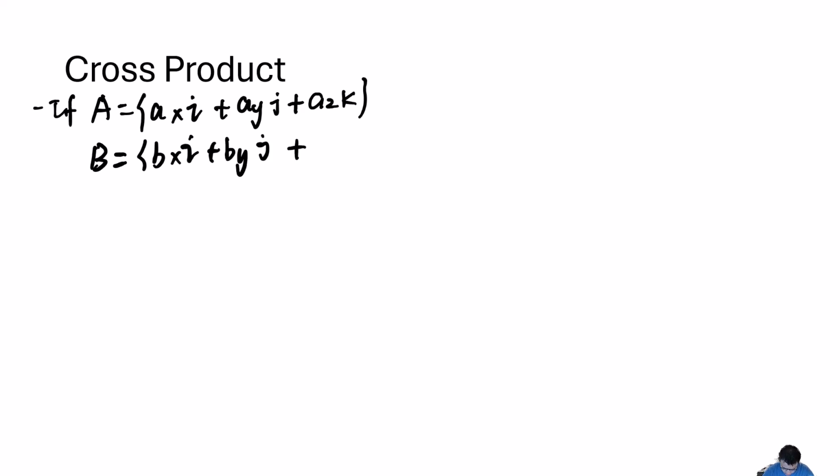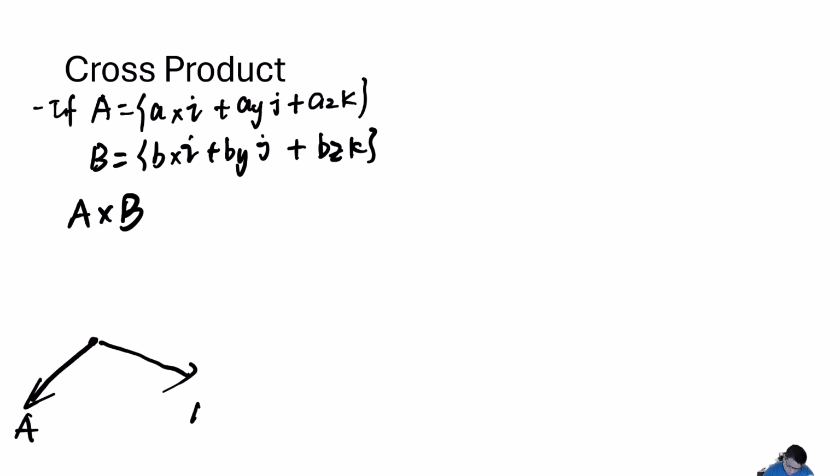The cross product of A cross B, for vectors A and B, is another vector, but its value will be